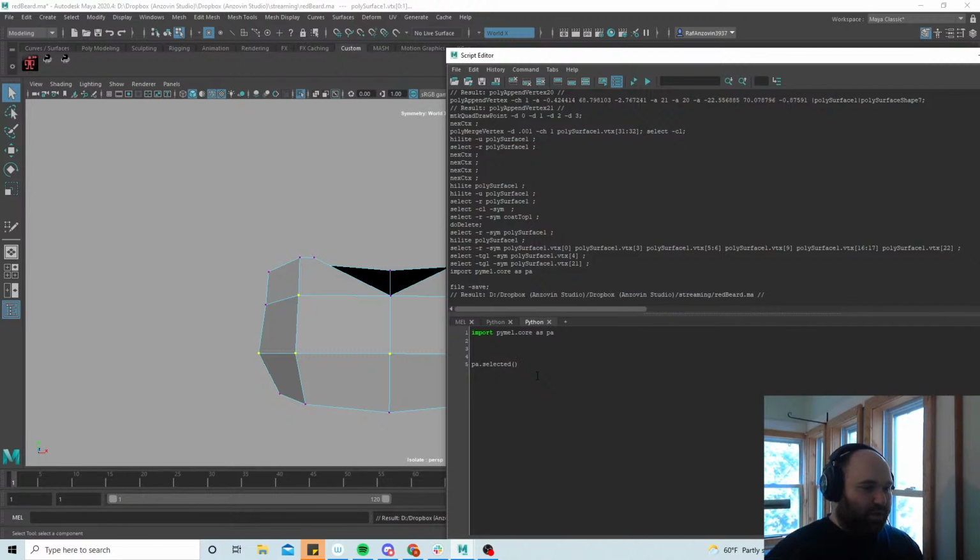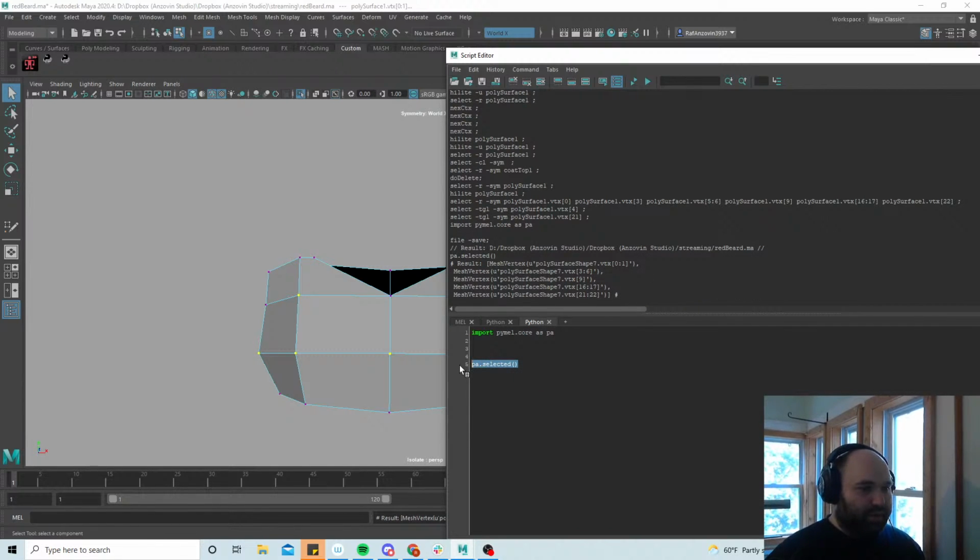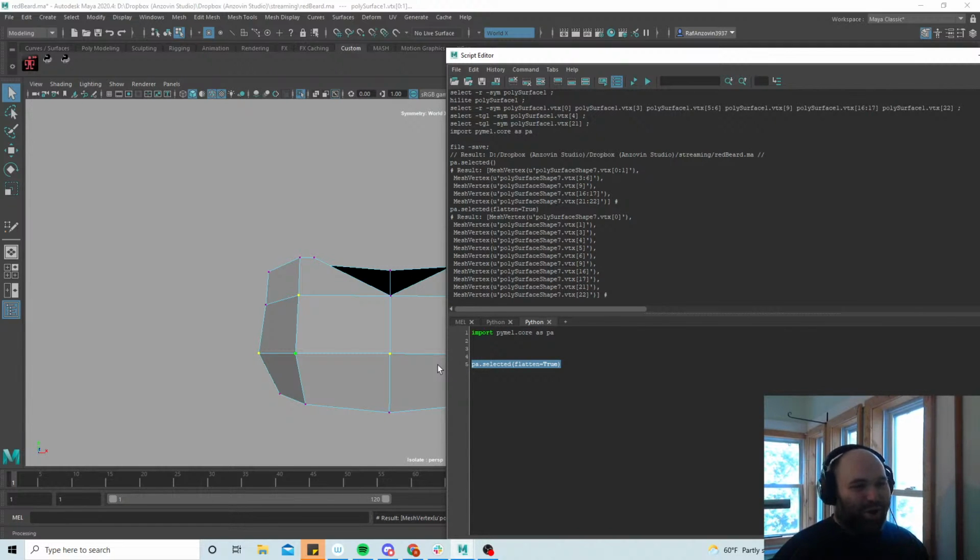So I can get all the vertices. Let me make sure I'm actually getting all of them. Yeah, see, that's what I thought. It was hiding a bunch of them from us. And we actually do want to look at each vertex independently, because what we're going to do is I'm going to make a joint, and